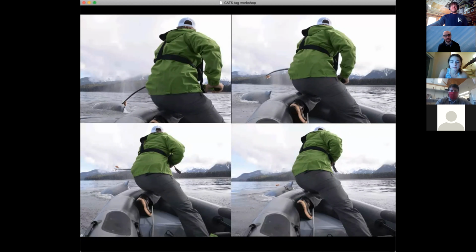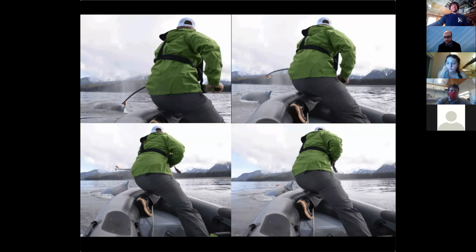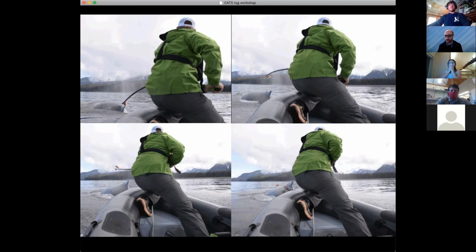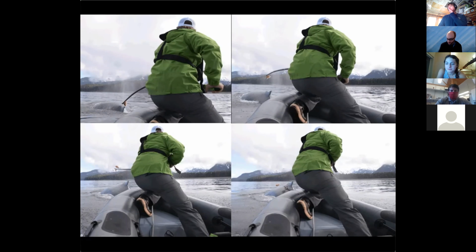before we had what we call the robot, which is basically the device that attaches the tag to the pole. And as you can see here, Ari's in perfect position to tag this humpback whale off the coast of Alaska. The carbon fiber pole is going up, and you can see right here is when the tag is departing from the end of the pole. And even though Ari has this perfect placement of the tag against the whale, you can see the tag floating off into space. So if you don't have your tag, all the other components that help you get the tag on the whale and the tag back,